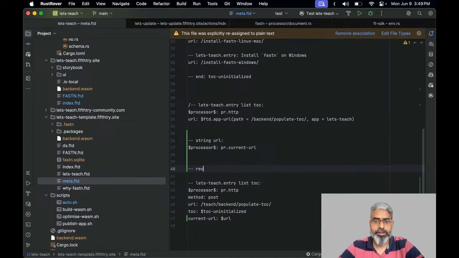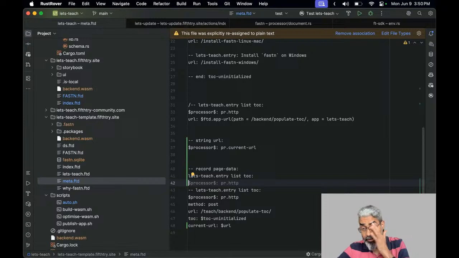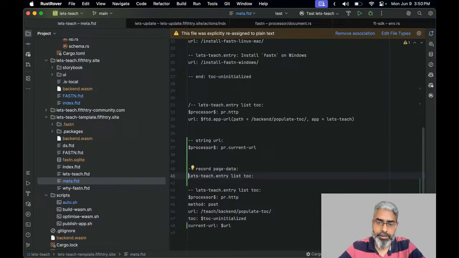Let's create a record called page data, which will contain this, but it will also contain something else. And now we are not going to return this, but we are going to return page data. Let's call it record,